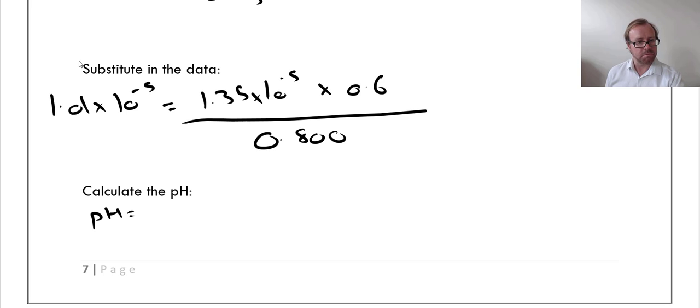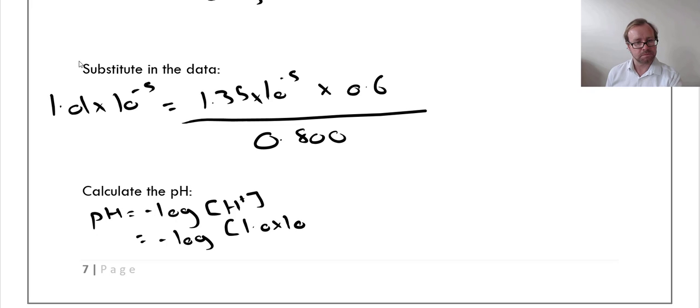And I can use my expression for pH to calculate my pH, which gives me a value of 4.99. Okay, so I've been through that calculation quite quickly as well,